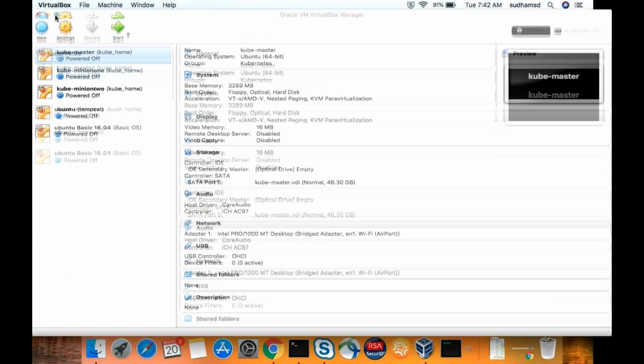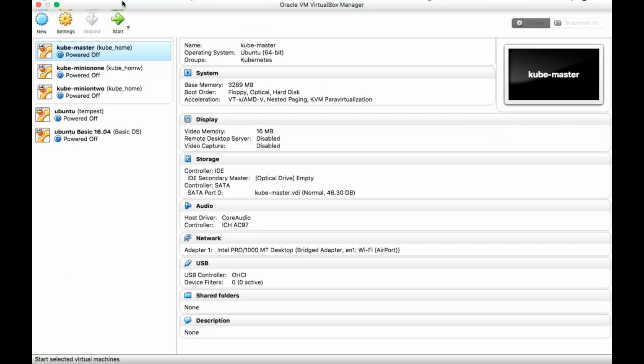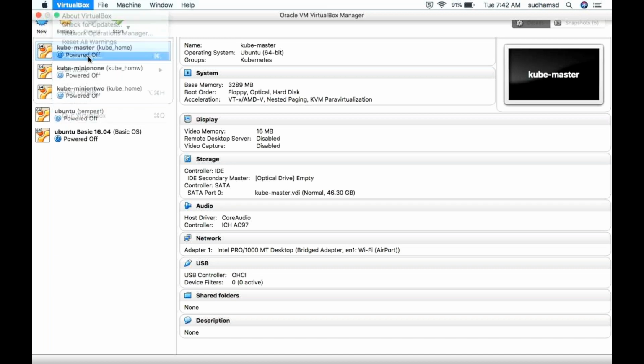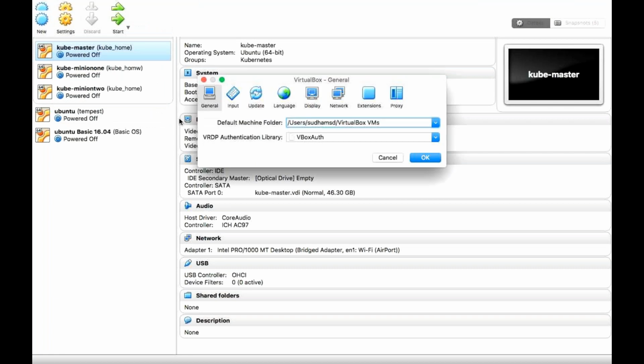Go to Oracle VirtualBox, and here you can see preferences. If you click on that, here we can see network.